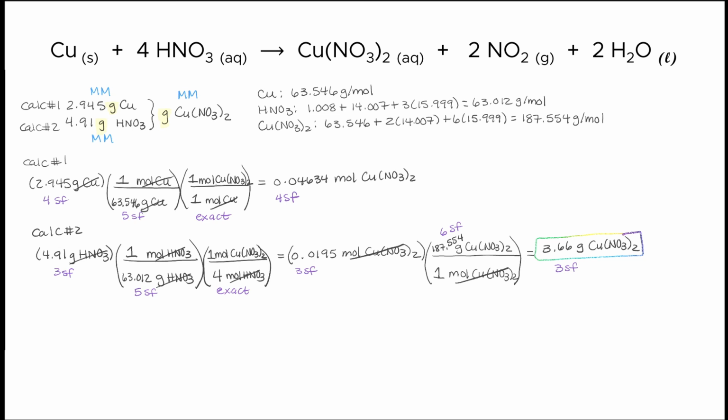To get the limiting reactant, we now start with this value of theoretical yield, look backwards to the very beginning of this calculation to see which reactant gave us this theoretical yield. And when we do that, we see that the reactant was nitric acid. So nitric acid is the limiting reactant for this problem.